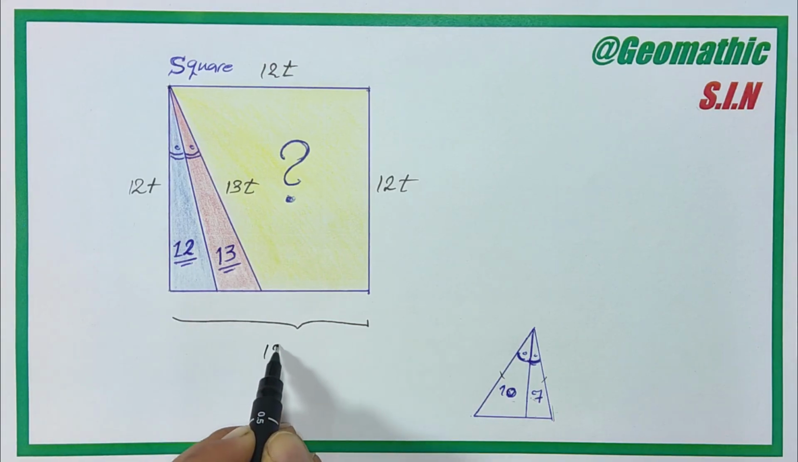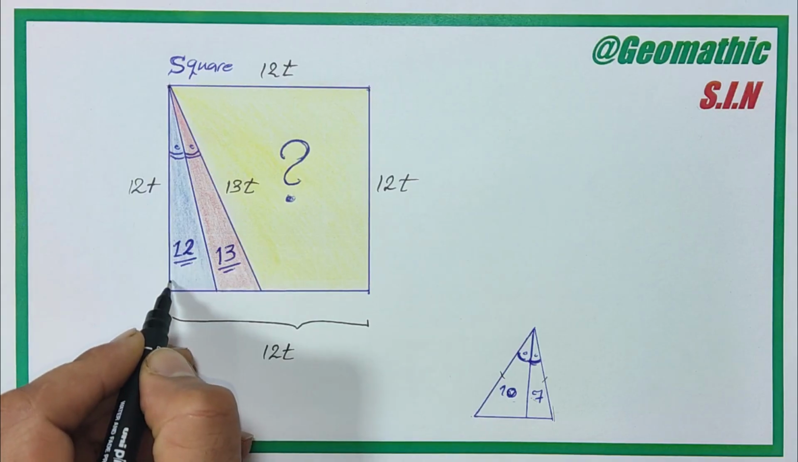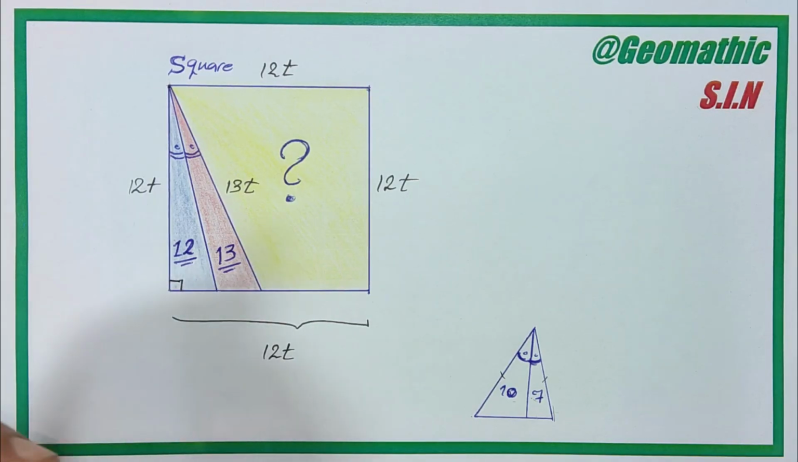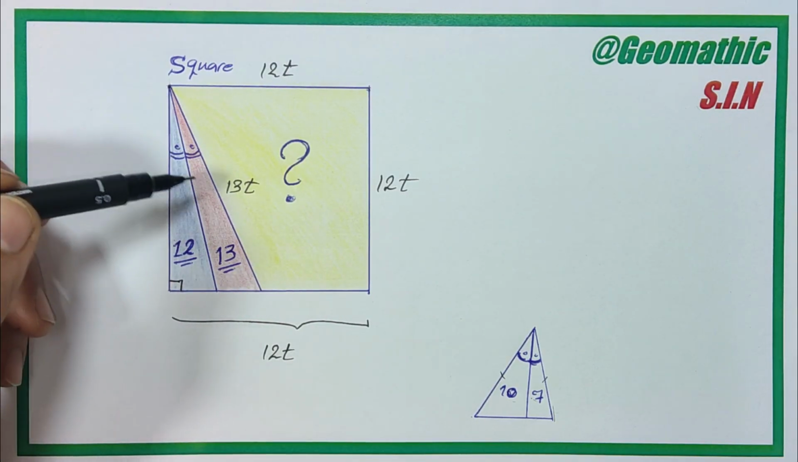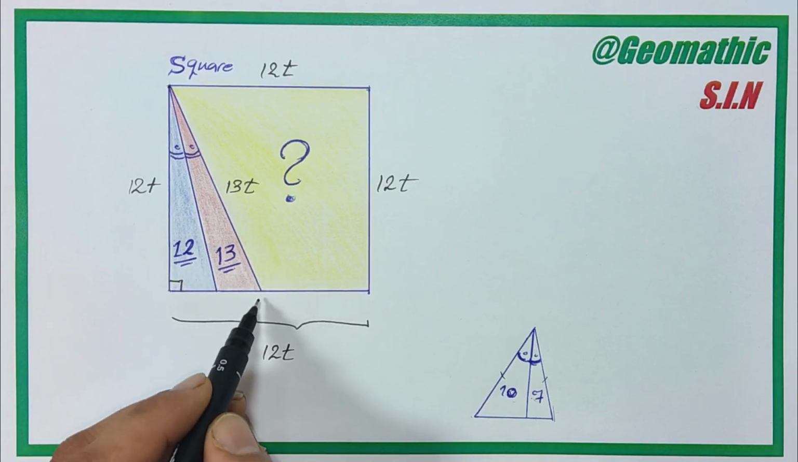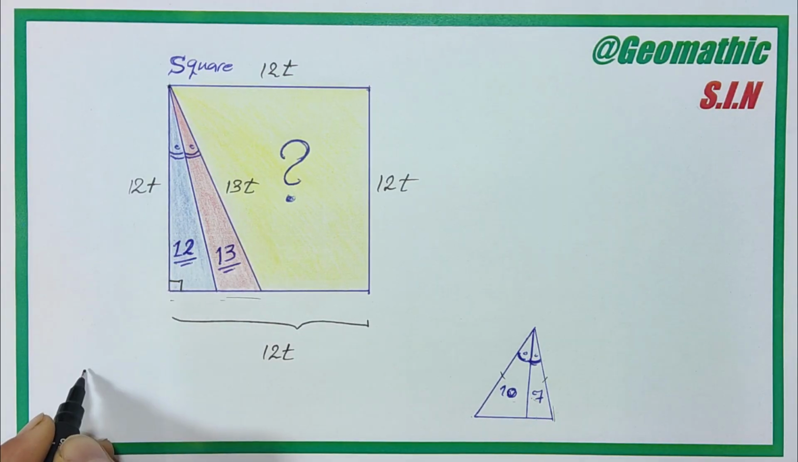this side is 12t. The shape is a square, so this angle is a right angle. Okay, now we have a right angle triangle, and the Pythagorean theorem says we can find the length of this side. So I write it here,